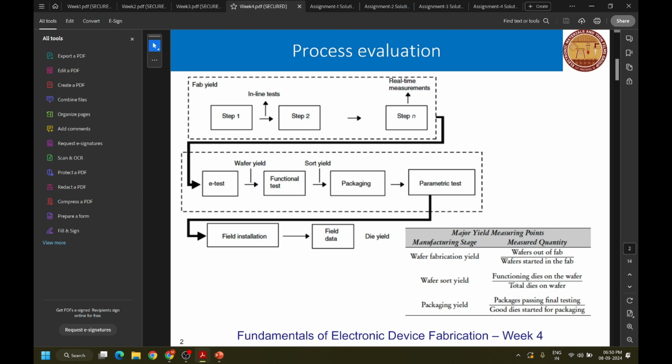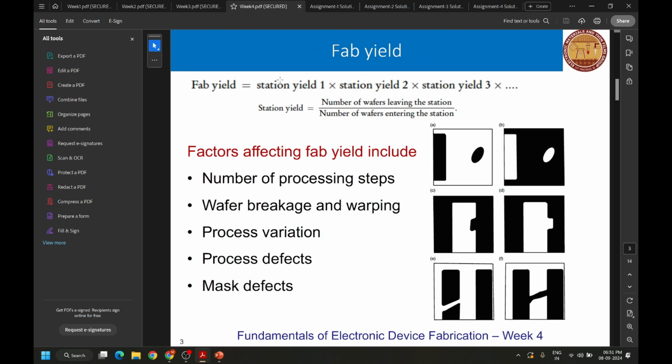Sort yield is the number of dies you had on each wafer, and the number of dies that are functioning after cutting. Then packaging yield is the number of good dies that we had started for packaging, and then the packaged devices that pass the final parametric test. So fab yield is again divided into individual station yields. A station means each